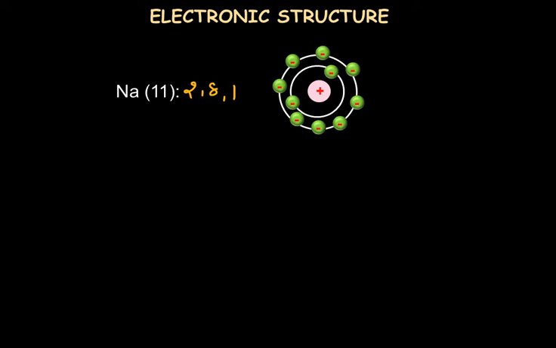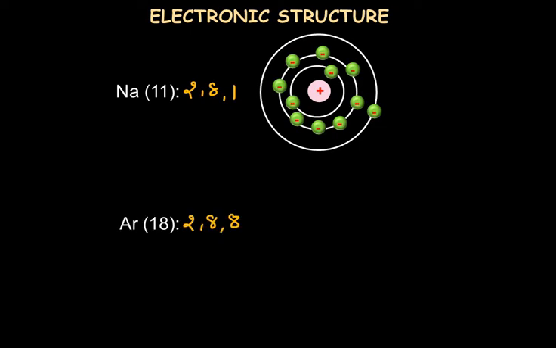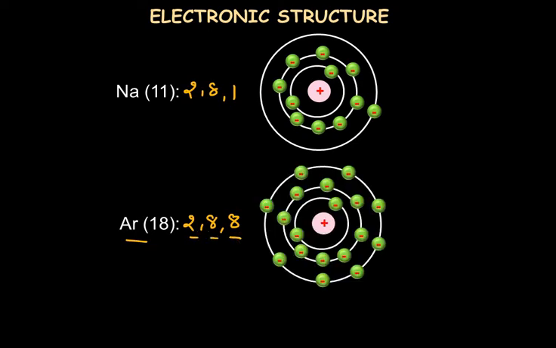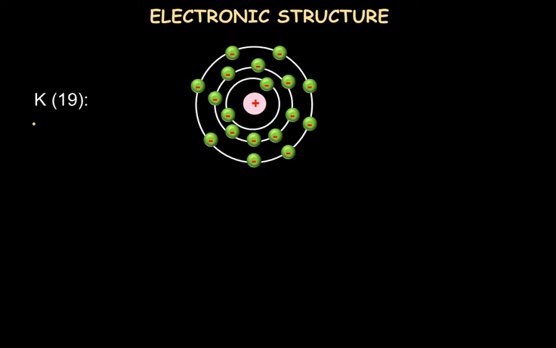So next comes the third period element sodium with the electronic structure 2, 8, 1. So it has 2 electrons in the first shell, 8 electrons in the second shell, and then the third shell with 1 electron. And after sodium, there are 7 more elements in the third period where electrons will be filled up in the third shell, where 1 more electron will be added every time. So argon will have 2, 8 and 8 electronic structure, where the third shell will also be filled up with 8 electrons. Now what about potassium?